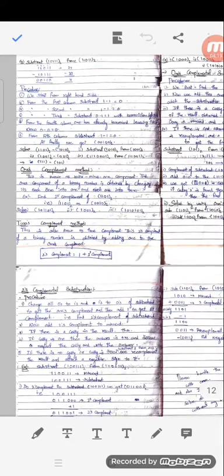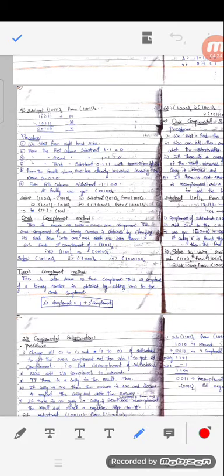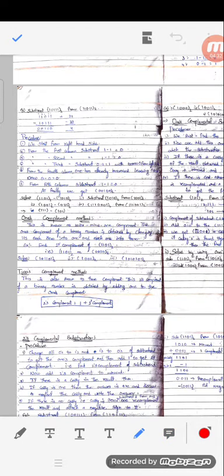Now, the one's complement method. Complement means making the negative value. If 1 is given, we make the value 0. If 0 is given, we write the value 1. For example, if 4 ones of base 2 are given, what do we write in one's complement? Just make the zeros ones and the ones zeros. So the answer will be 0000 of base 2.